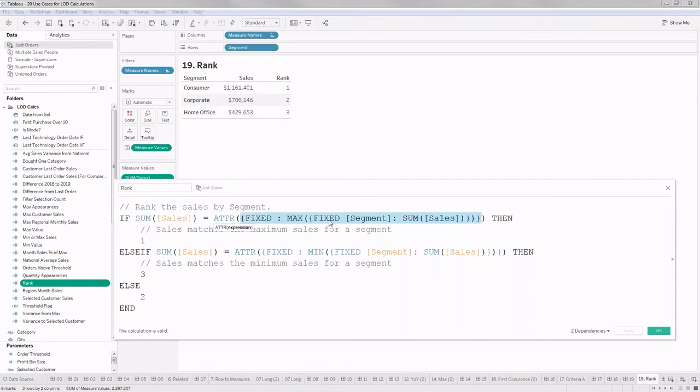Fixed maximum of segment level sales. So for each segment I already got the sales and I took the maximum of it. And at the overall level, I'm taking the maximum of that and comparing.